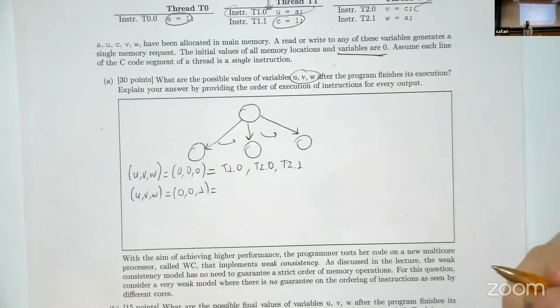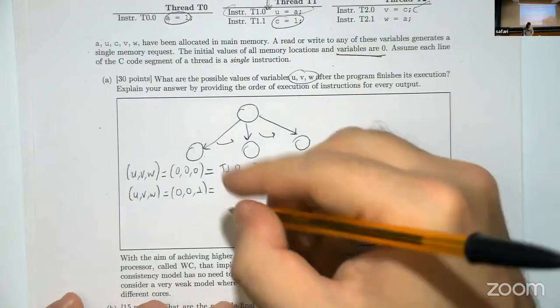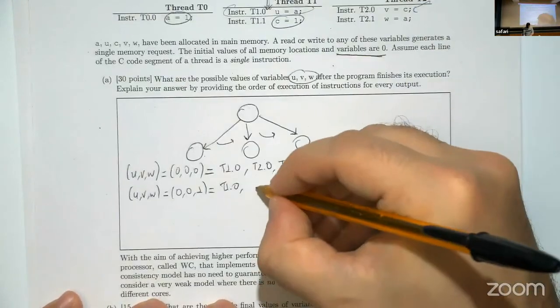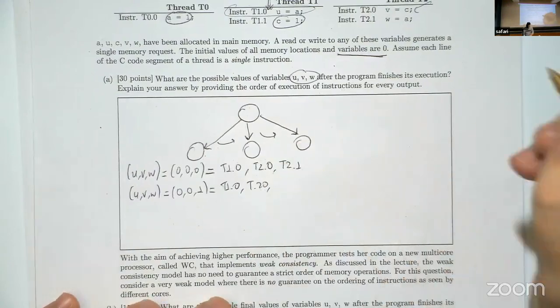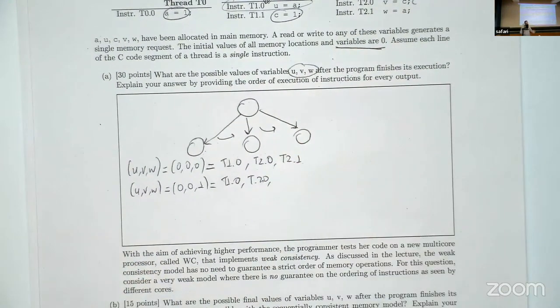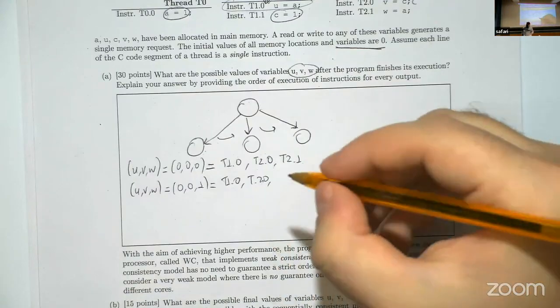Then we have 0, 0, 1. In 0, 0, 1, again, U the same, T1,0. V the same, T2,0. But then W changes here. We need to set W to 1 somehow. We need to find a way. And the way is,